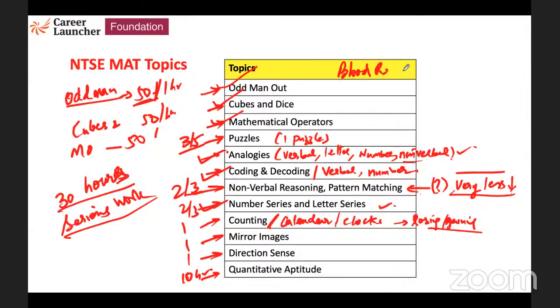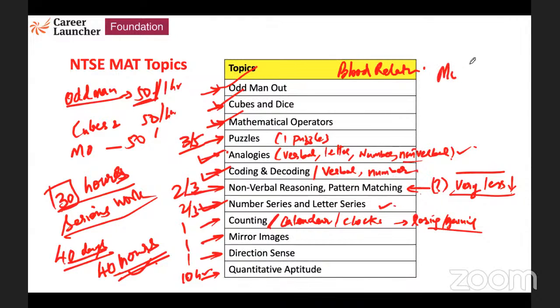So, in fact, given that we have 40 days to go, approximately a minimum of 40 hours is the minimum requirement that you have, apart from the classes that you attend or whatever. This is solving for yourself. And then taking mocks, taking tests. If you start taking tests, let's say you take at least about 5 tests of 2 hours each, that is another 10 hours. Analyzing these tests will take you another 10 hours.